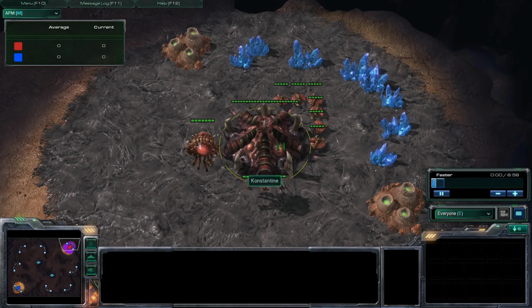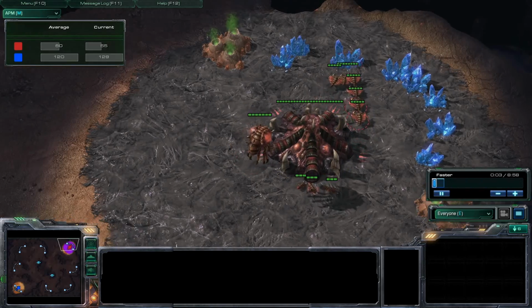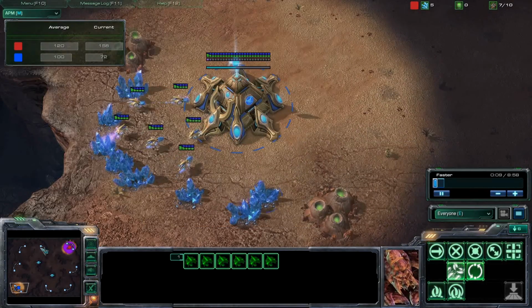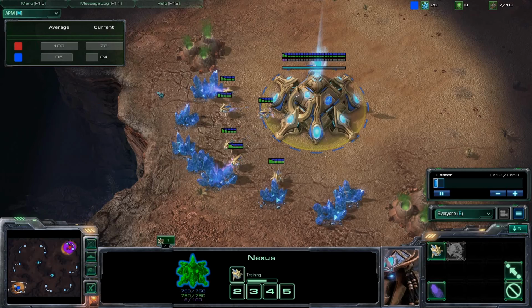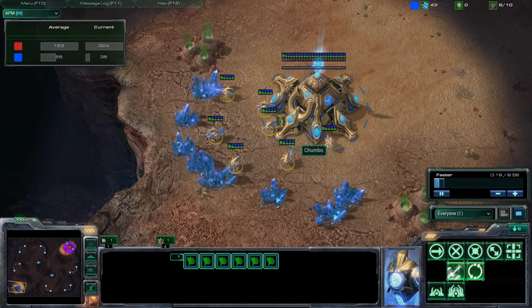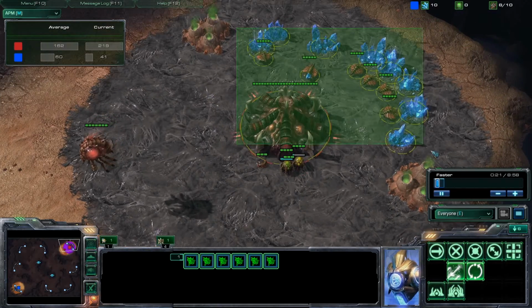I am spawning in the upper right corner on Blistering Sands as the red Zerg, and in the bottom left corner, Chumbo, my opponent, is spawning as the blue Protoss. He picked Protoss. I played random as usual,